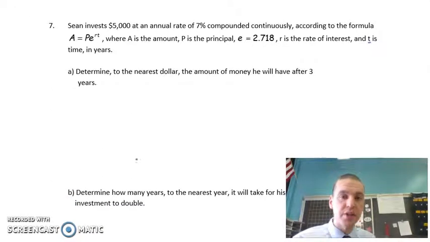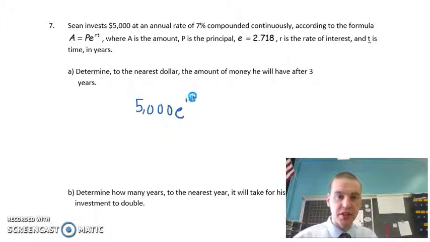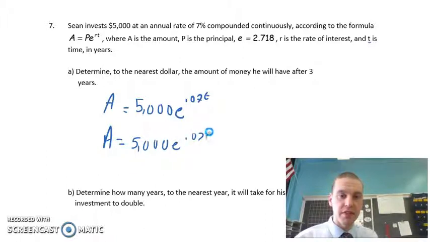In the last one here, we're going to be talking about compounding continuously, which requires e. And so let's look at this. We've got the initial amount is 5,000. We have the rate, which is 0.07. Remember that you don't have the 1. You just have the rate. If it's decreasing, it would be negative 0.07 to the t, and that equals A. And so we're looking to determine, to the nearest dollar, the amount of money he will have after 3 years. So easy enough. A equals 5,000 e to the 0.07 times 3. And in your calculator, you will get right around